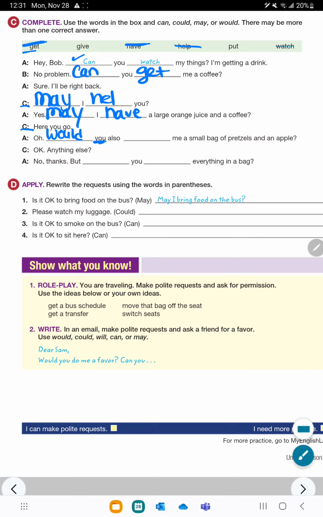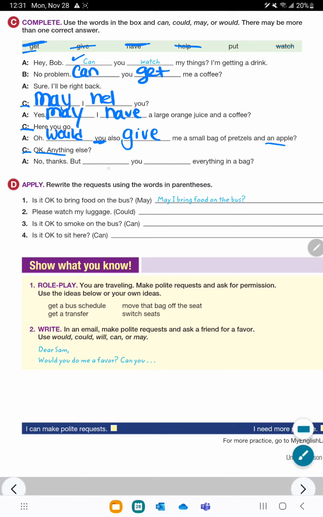Would you also, and he wants something, he wants pretzels and an apple. So we're going to use the verb give. Would you also give me a small bag of pretzels and an apple? The lady at the counter says, okay, anything else? No thanks,